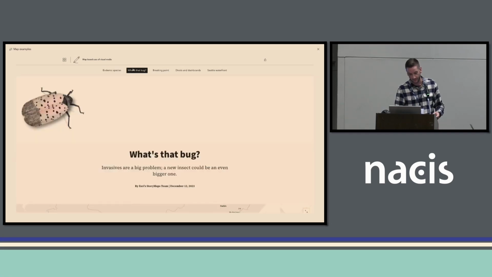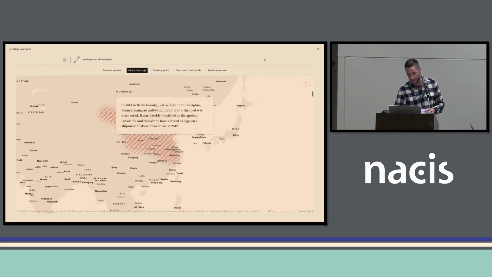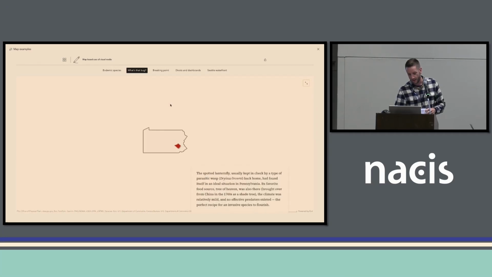Other examples, inspired by last year's, or was it last year's? Yeah, the one in Pittsburgh. Took a bunch of reference photos of a lanternfly and animated that to crawl across our story, a bit of a delight piece. But the actual focus of this is creating